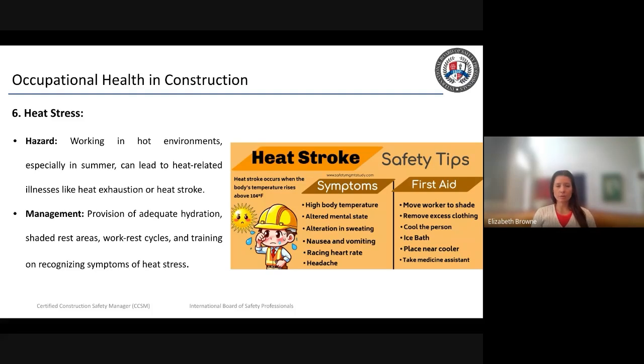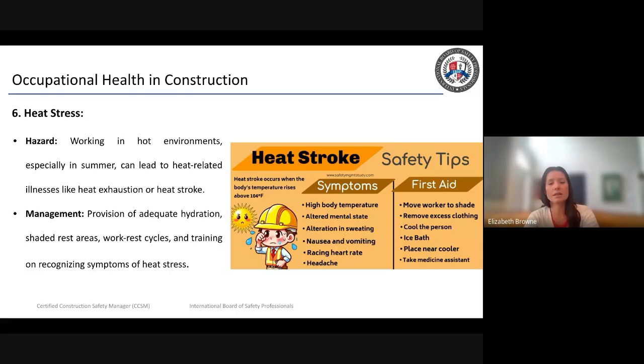And so workers would need to get themselves into some shade and drink fluids until they feel better, fluids with electrolytes in particular, because we want to prevent something more serious like heat exhaustion or heat stroke from occurring. Heat stroke, though, if a worker is experiencing body temperatures rising over 104 degrees, this is becoming a life-threatening situation, and emergency